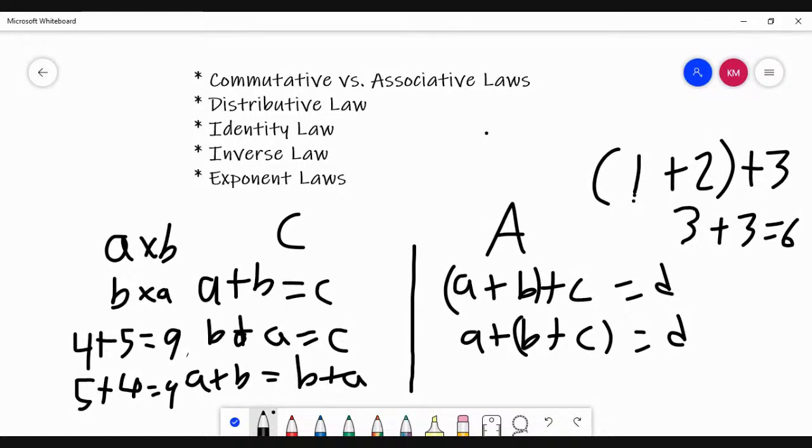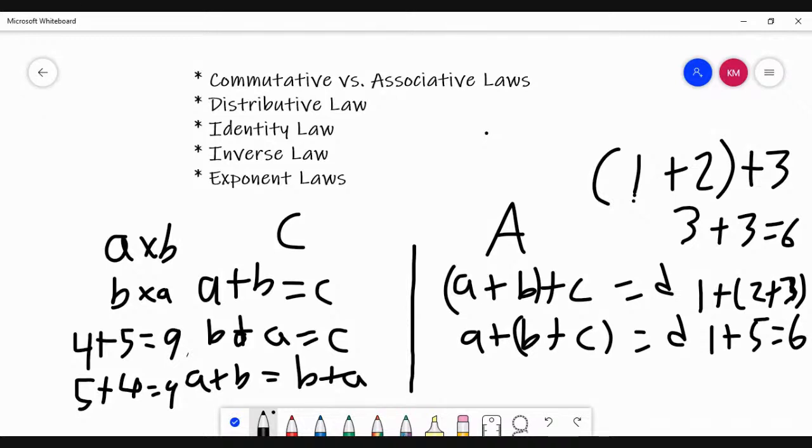Well, based on the associative property, if I do 1 plus parentheses 2 plus 3, I would bring down my 1 and my plus and say 2 plus 3 is 5, and 1 plus 5 gives me 6. So all associative property is, is the interchanging or the sliding of the parentheses, on either you're adding the first two